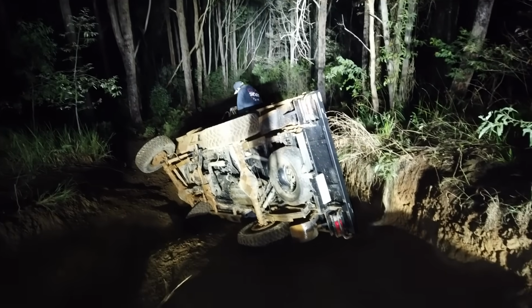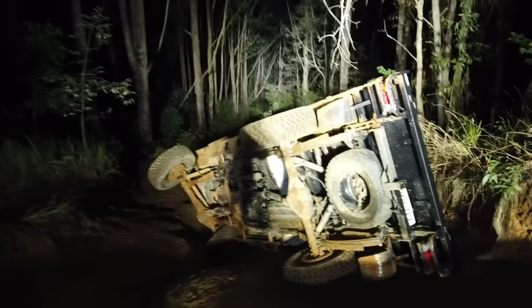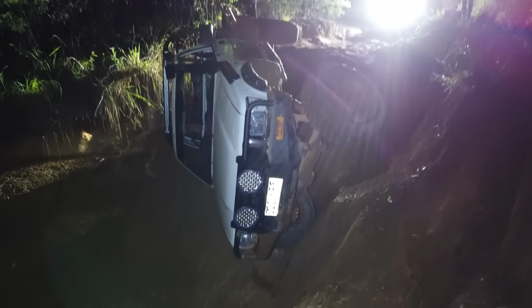So on a night run at Glass House, we were driving down a bit of a steep hill. It wasn't too bad until I dropped the front wheel into a little bit of a hole, and as it went in I dabbed the brakes, the rear kicked up and it fell over onto its side in this rut. I was incredibly lucky. It landed on the front corner of the bull bar, the headboard and the box slider. I watched the mirror fold in and touch the door and thought, I'll cave the door in for sure, but